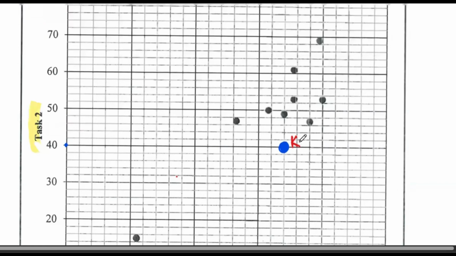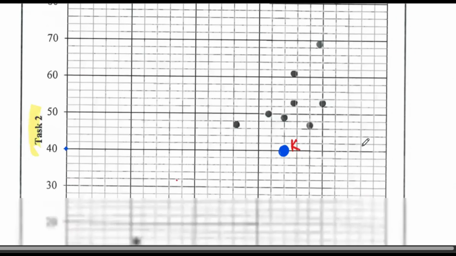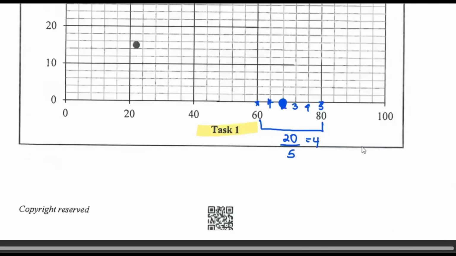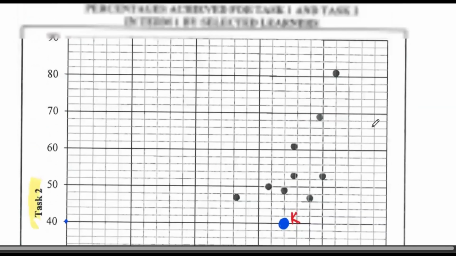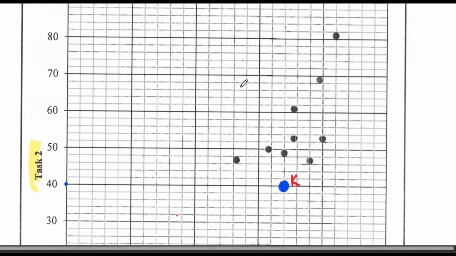Now, what about L? L is 88 versus 64. Remember, each line we said represents 4. So 88 is this one here, because 84, 88, then 92, 96, 100. Okay, yeah, there. So that's 88, from this dark line going this side, versus